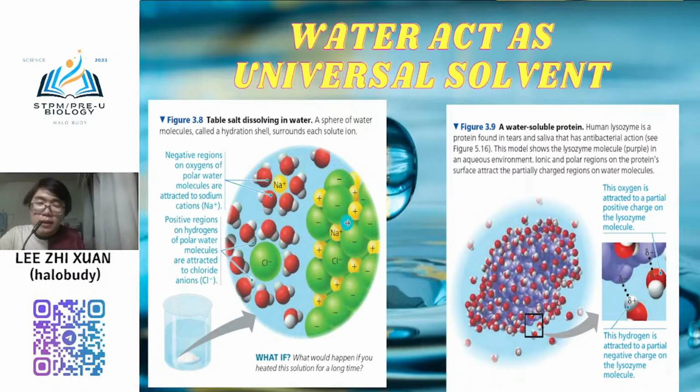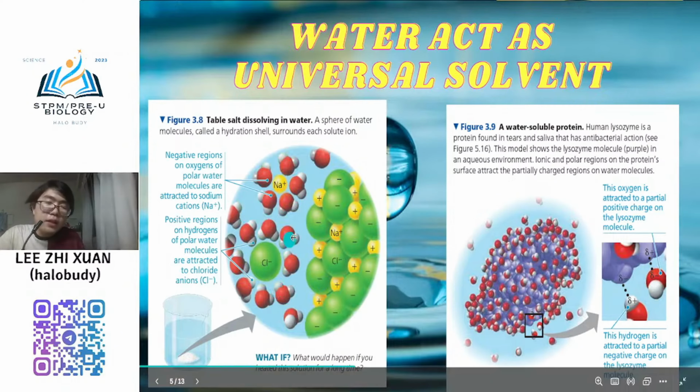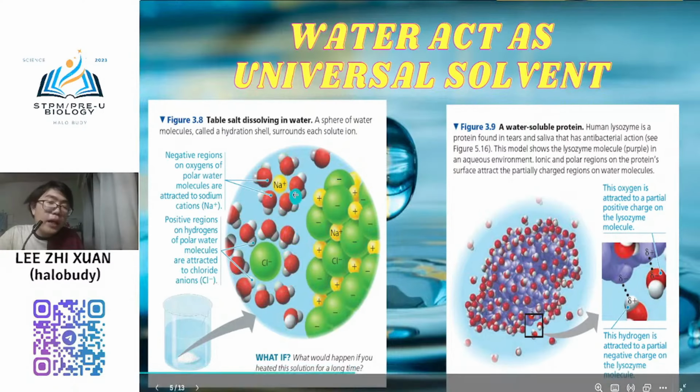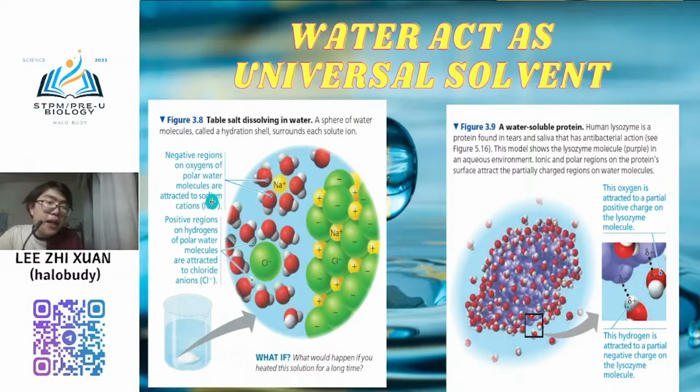This is a solid particle of the salt arranged in solid form. So sodium chloride are tightly arranged to each other. And once we enter it into the water, it dissolves in the water, and the reaction happens where the sodium ion will be attracted to the negative feature of the water, which is oxygen. The oxygen will attract the sodium ion toward itself. Meaning that they will have the interaction between the oxygen and the sodium ion, but they will not form a bond,